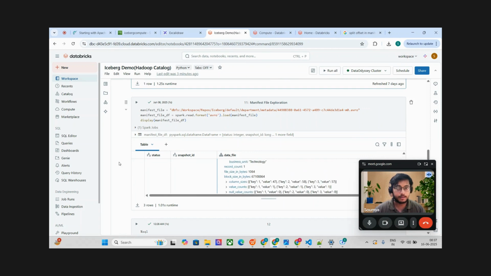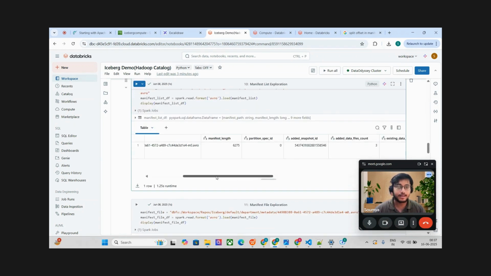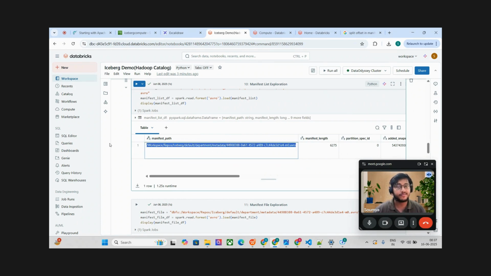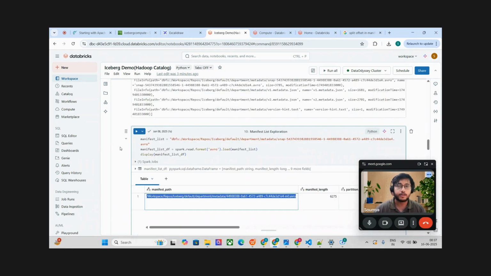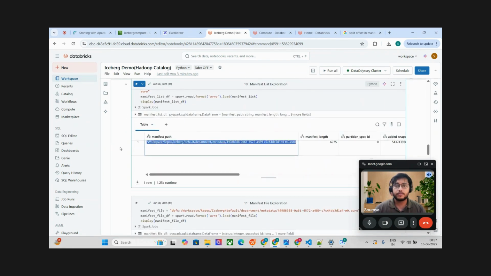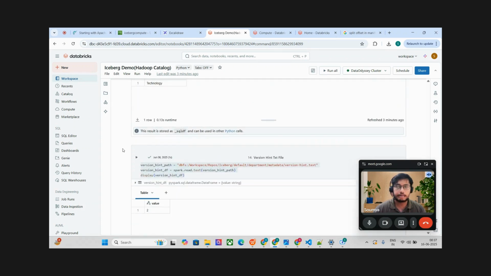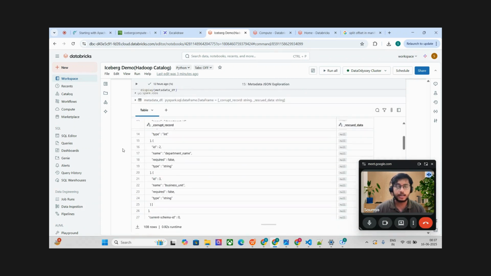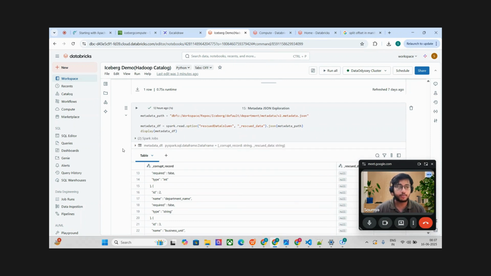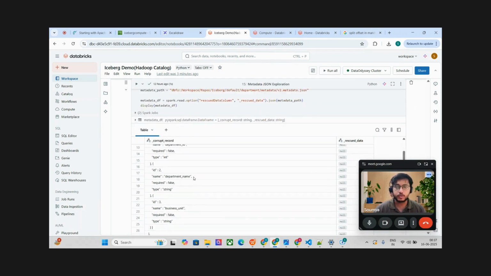And then it's referring to the manifest path basically. All right, so these are the kind of information that we store, so do not get confused with this. And then when you get into this metadata JSON exploration, okay, what we see over here